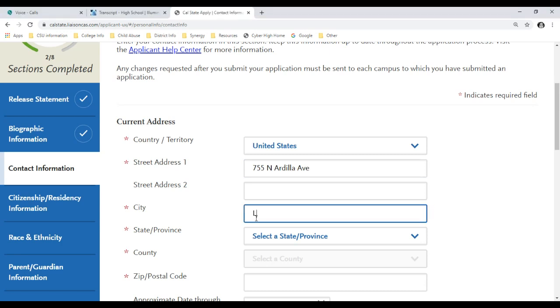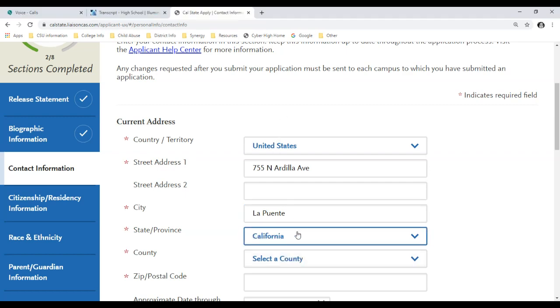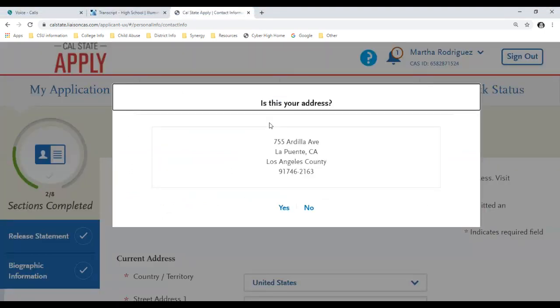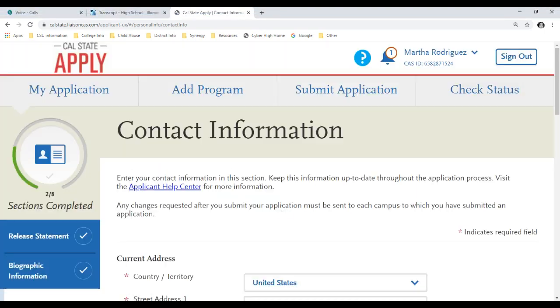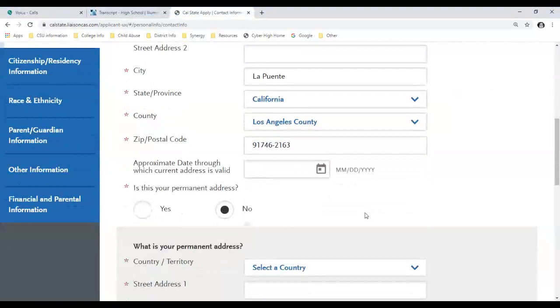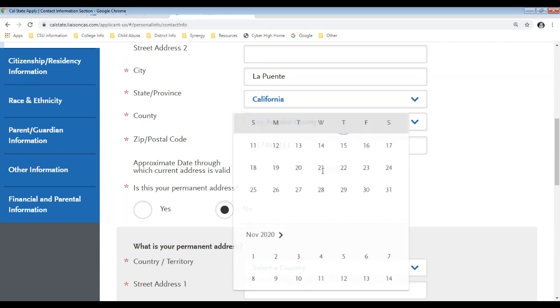The city, La Puente. And the state is California. I'm going to put yes. And it says appropriate date through which current address is valid. So I'm going to put,